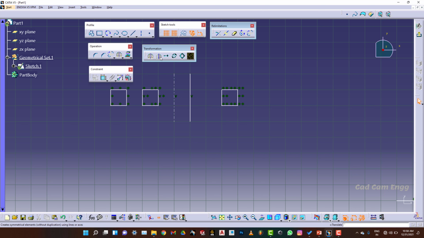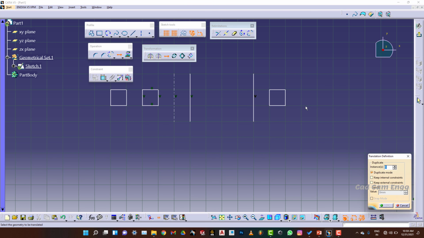My next tool is symmetry. For explaining symmetry I am going to draw another line here. After that I am going to select symmetry, and I am going to select this object. After that I am going to give symmetry from this line. So my object will be deleted on this side and it will be applied here. Okay, on the opposite side. Mirror will not happen, duplicate will not happen on the other side.